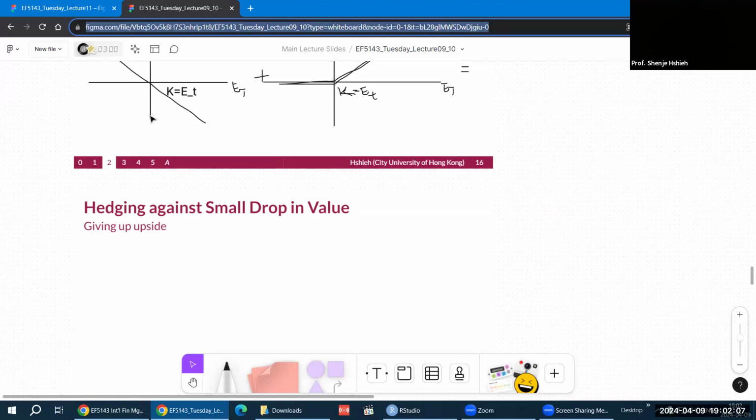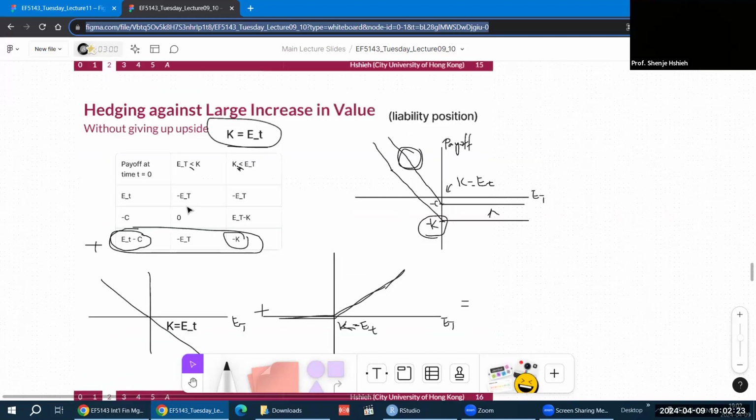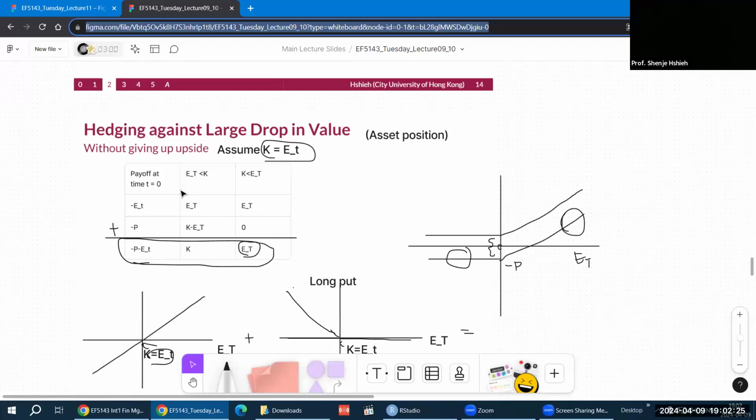So I'll give you some in-class final exam questions. Of course, I'll tell you the kind of questions to expect, and we'll just do it together. We'll just spend the entire class doing practice problems. So that's my plan. All right, so where we left off for options, we were talking about how to use